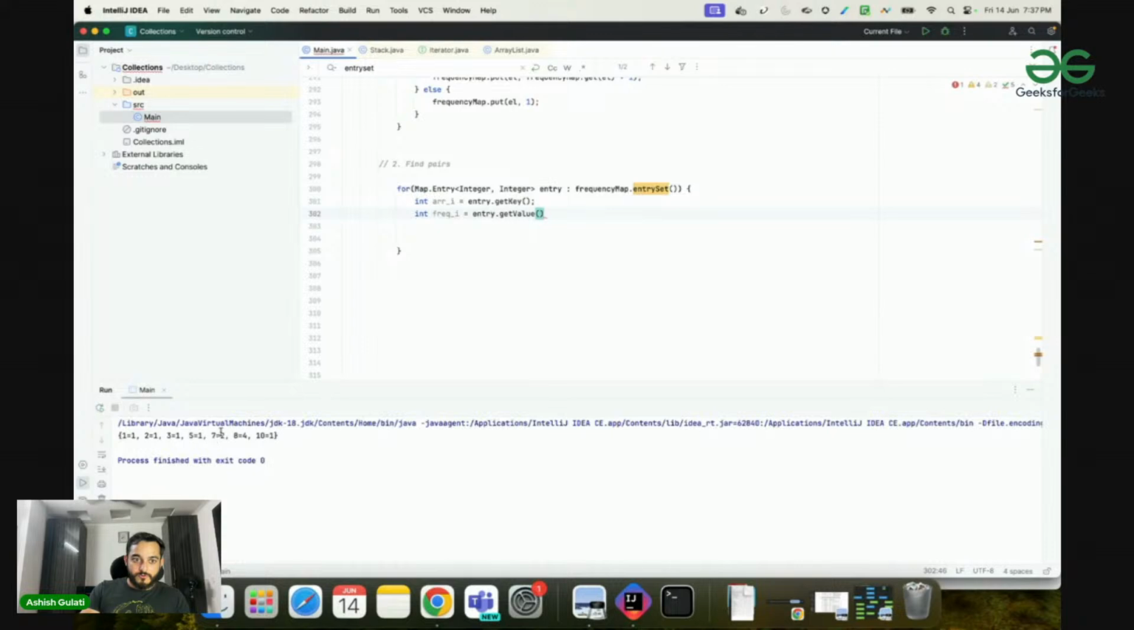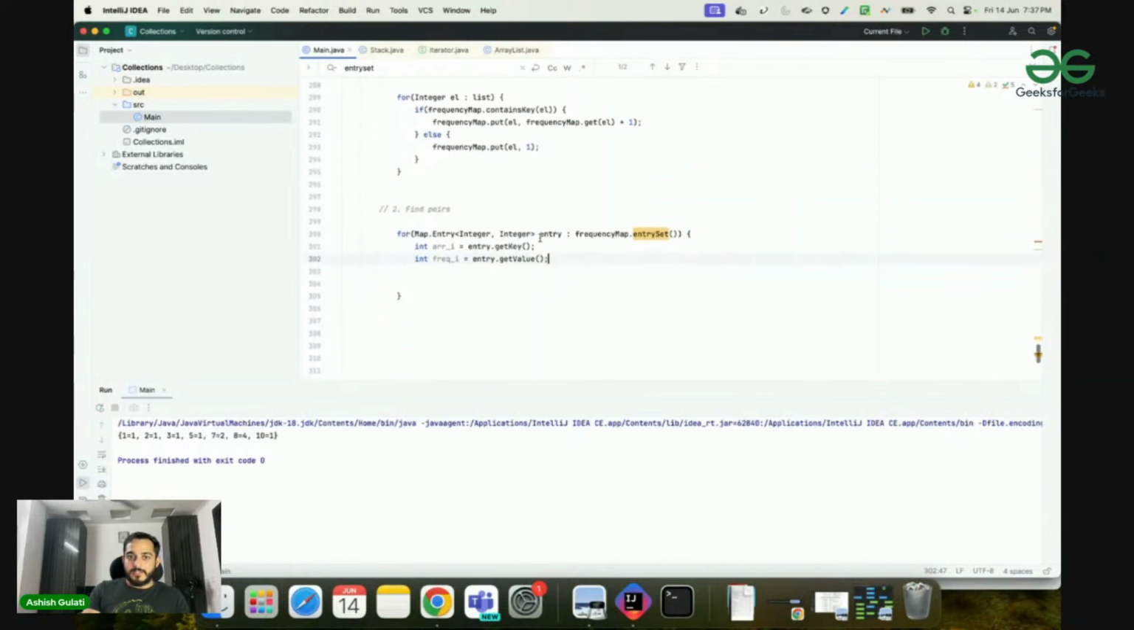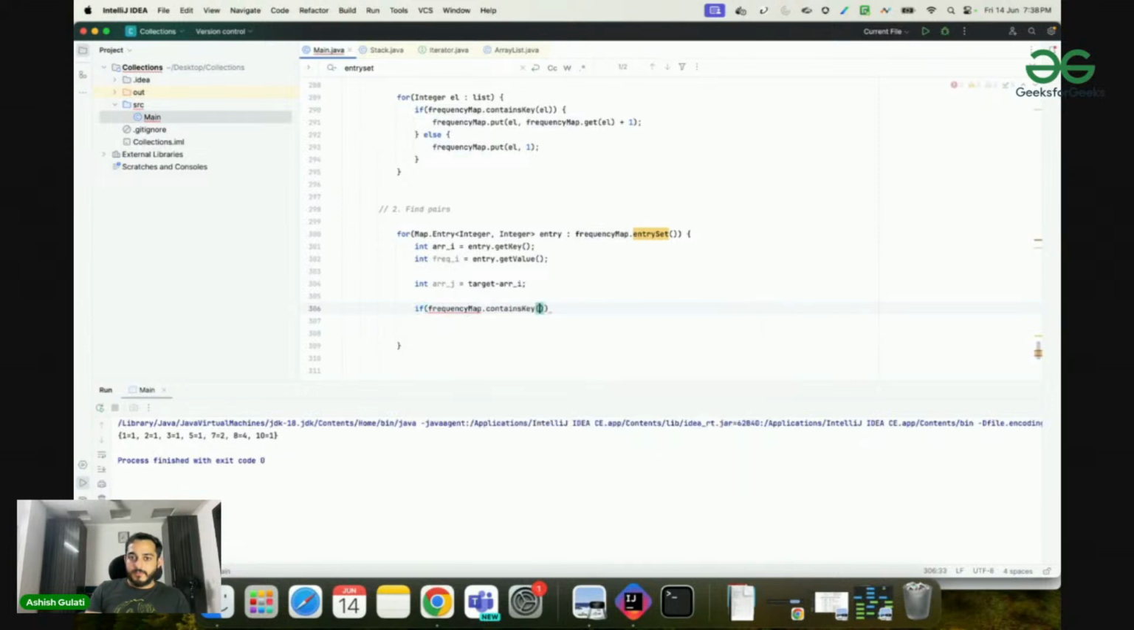This thing, two, four, these things, right? I already mentioned here, this is nothing but element versus frequency. So this is the value and this is the key. Now what is my array underscore j? It's nothing but my target minus array of I, similar to what we did in set. So check if frequency map dot contains key array of j. If this is present, what I'll do is